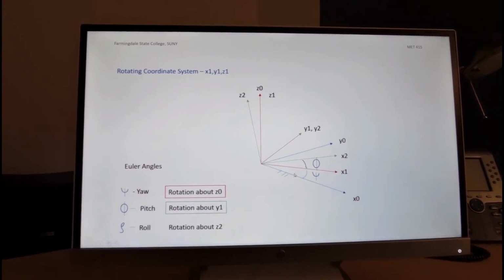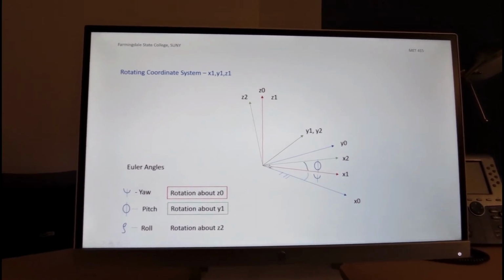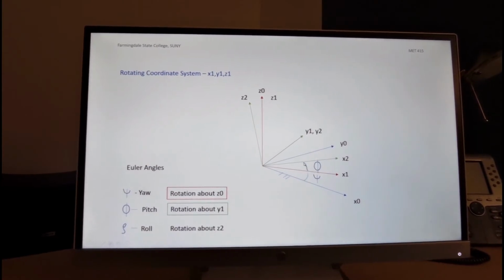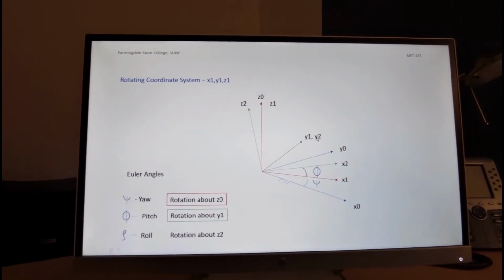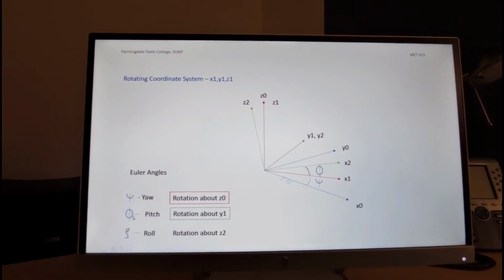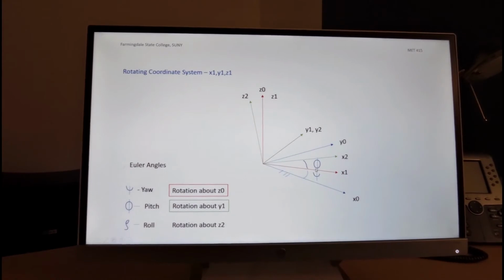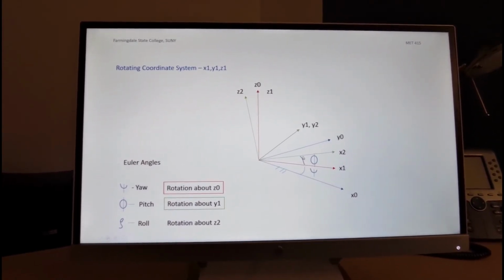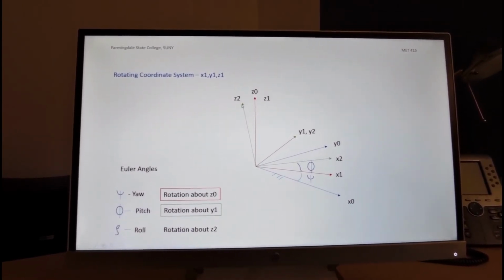Now we could generate another angle, by taking the x1, y1, and z1 and rotating it about the y1 axis. So the y1 will become y2, and that rotation, which is phi, and I designate that phi close to pitch. This is rotation about y1. This is the pitch of the rotation. And it generates x2 and z2.